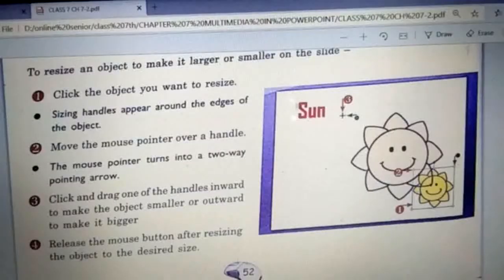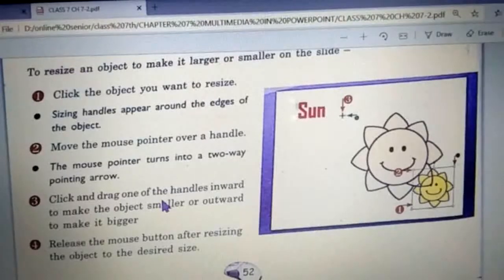To resize any object, obviously first we need to click that object. Then the sizing handles appear at the edges around the object, and you will move the mouse pointer over a handle, and when the mouse pointer turns into a two-way pointing arrow, you will click and drag one of the handles inward or outward.